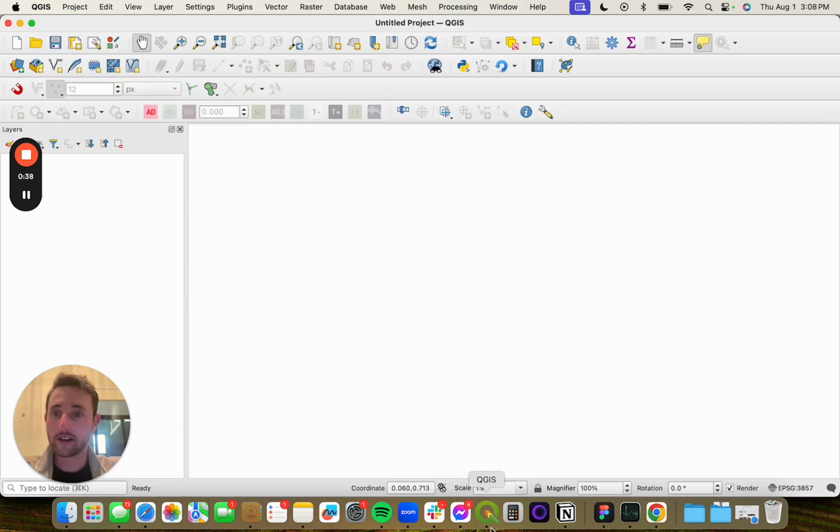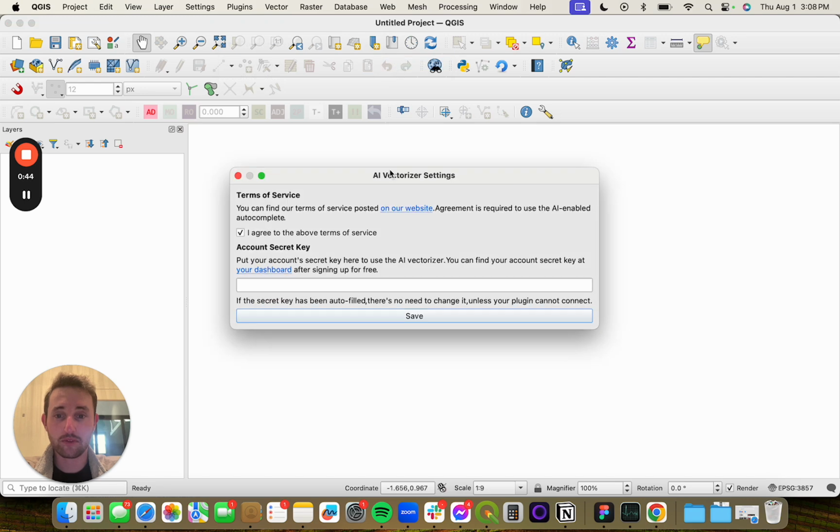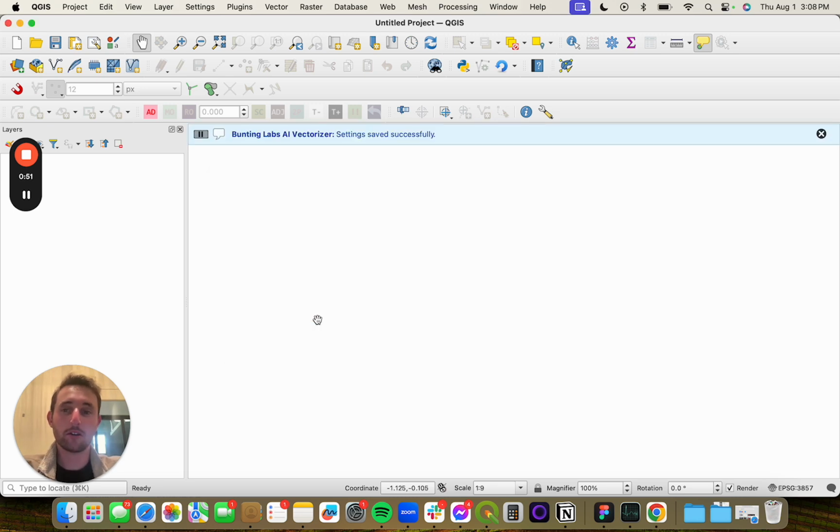go back to QGIS, go to Plugins, Bunting Labs, Edit Settings, and then paste the key in and hit save. Once you save it, you should be able to use the plugin, which again, when you have a raster and